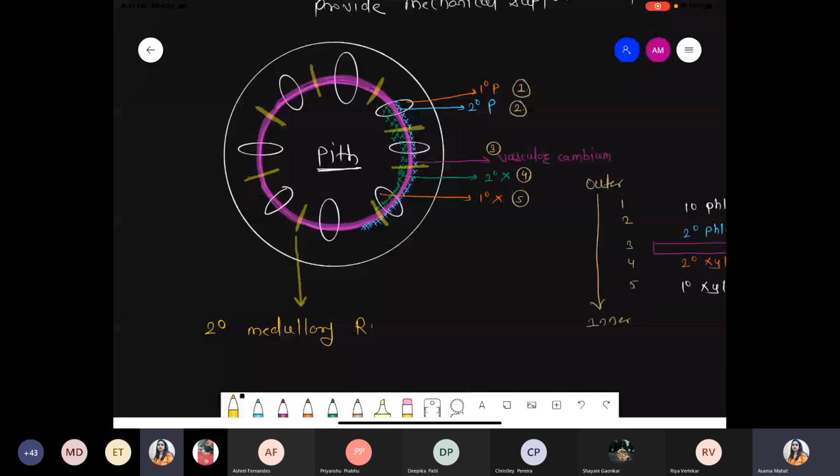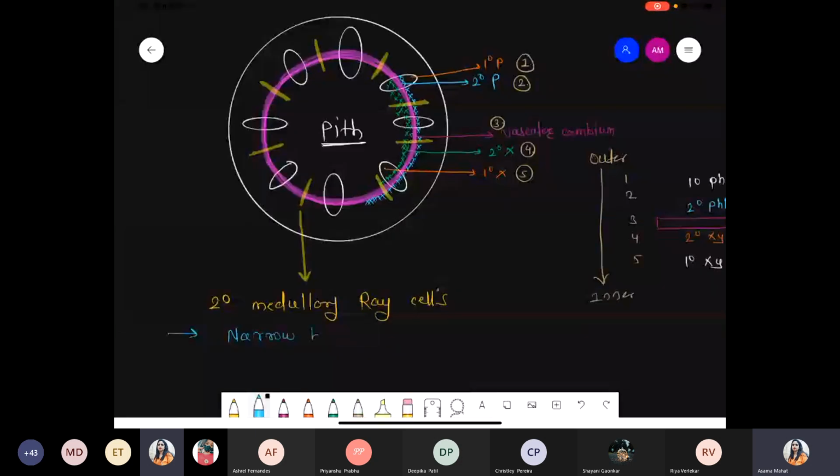Now, an important point: secondary medullary rays are basically a narrow band which is present between